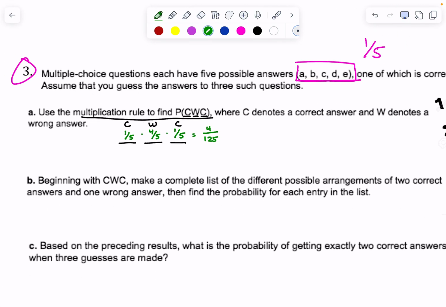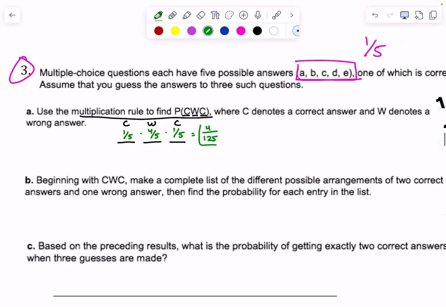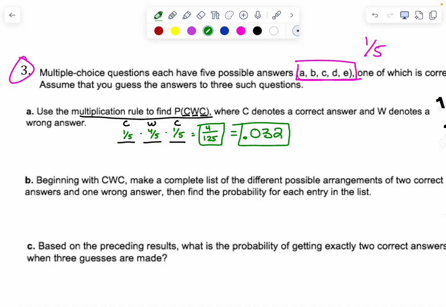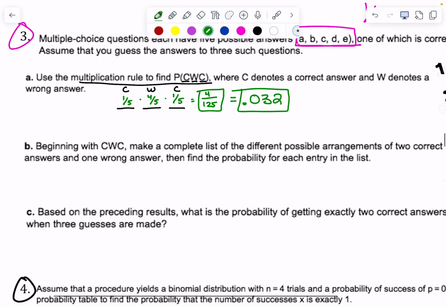125, okay? And let's go ahead. I'm going to write 4 over 125, but let's do it as a decimal now. 0.032. Okay? Good. Beginning with correct, wrong, correct, make a complete list of the different possible arrangements of 2